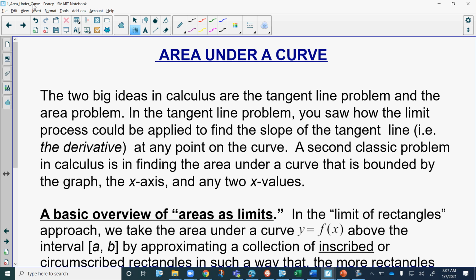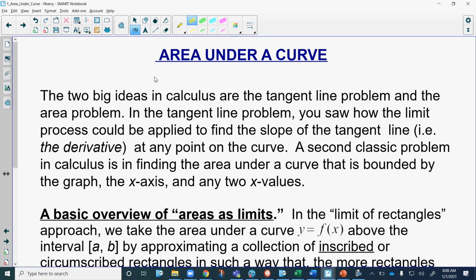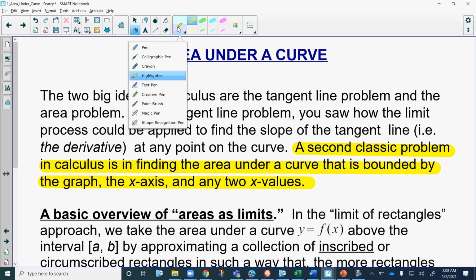Now, we're going to start it off with something very simple, just some basic rectangles and at some point some trapezoids. So what I want to highlight here is this bit here. The second classical kind of problem in calculus is the area problem, finding the area under the curve, specifically the part that's bounded by something under the graph. Okay, so kind of what that's going to look like,